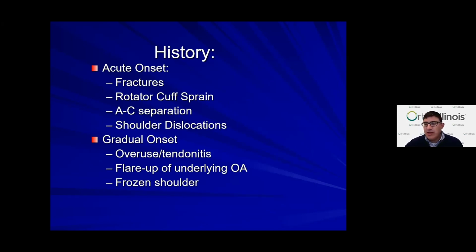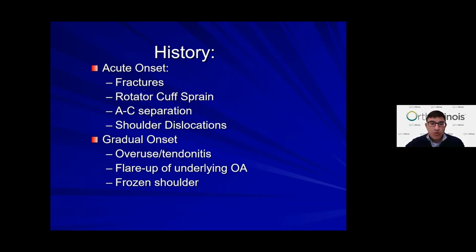So when I say history, as you know, means how did it start? And there's 2 types of problems in the shoulder that can arise. There's acute problems, and there's more gradual or chronic problems. Acute onset problems would contain fractures, for example, whether that's of the proximal humerus, the collarbone, or the upper arm, or the shoulder blade. Rotator cuff sprains, where you partially tear the rotator cuff from a variety of injuries. Separating the acromioclavicular joint, otherwise known as an AC separation, as well as actually dislocating or popping the shoulder out of place. More gradual onset injuries can include